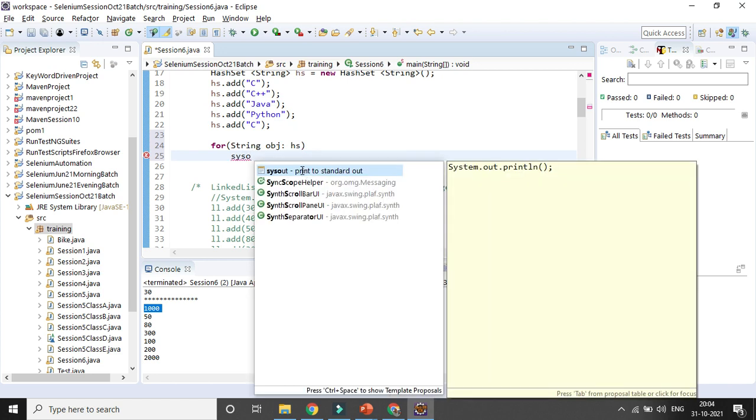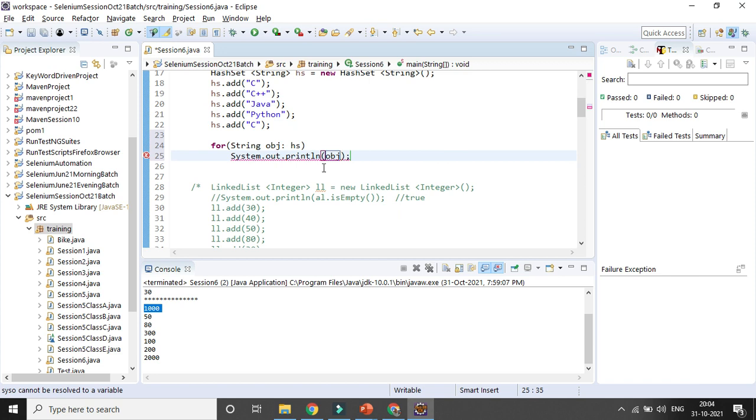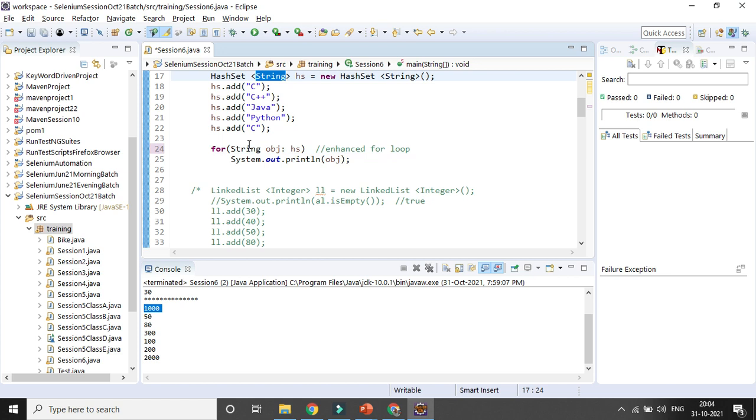For the syntax, you need to give the data type of the object. In case it is an integer, you give integer, or double, or string like that. You define a new object, and that object you compare to the other variable that is already there. Then you just print out the new object. So that's all. Let's try to run it and see.